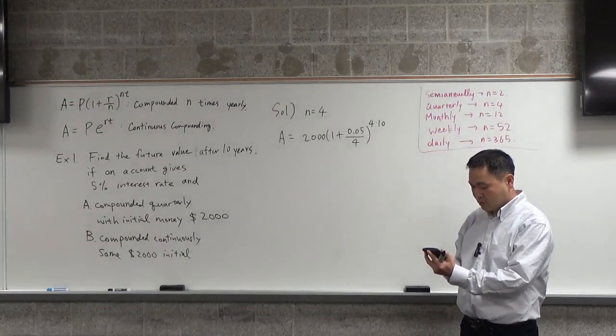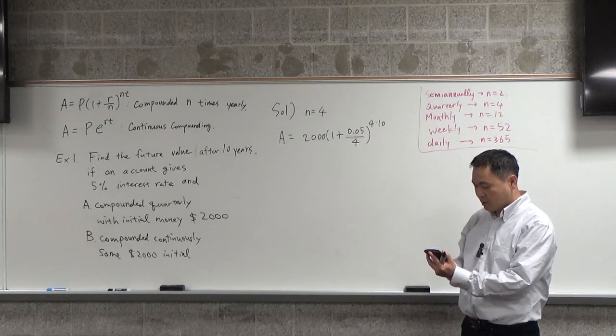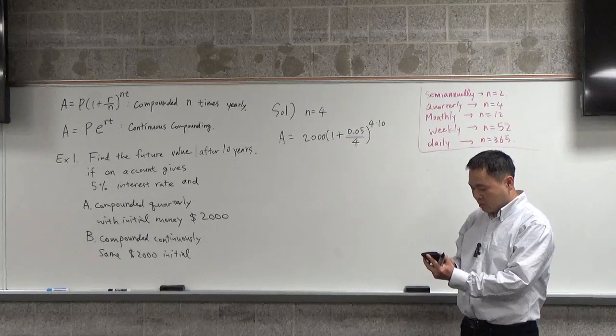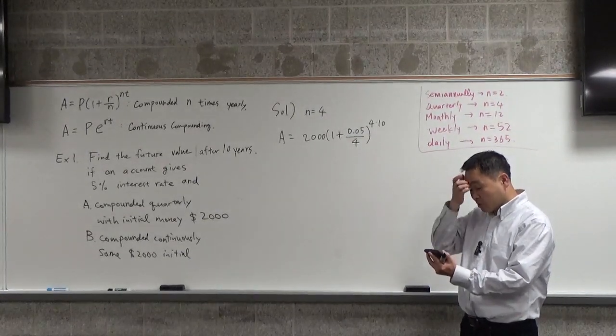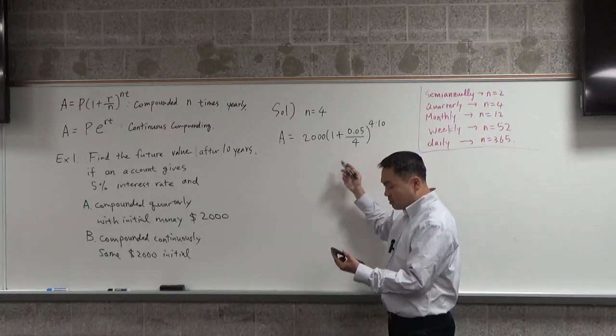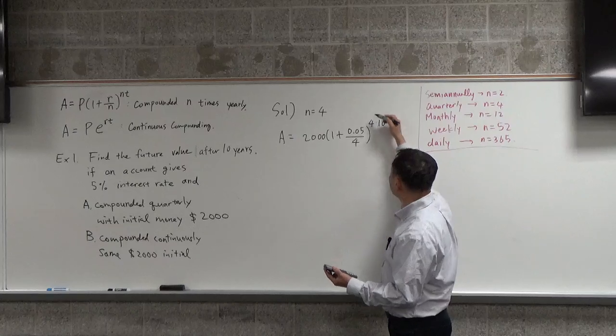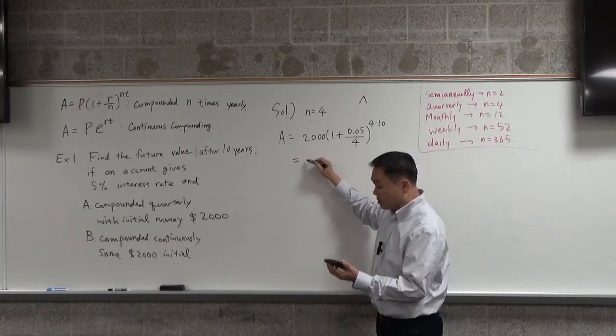$2,000 times 1 plus 0.05 divided by 4, and then to the power of 4 times 10, which is 40. I just put everything as it is into the calculator. You know that power is this caret, right? So if you do that, you get